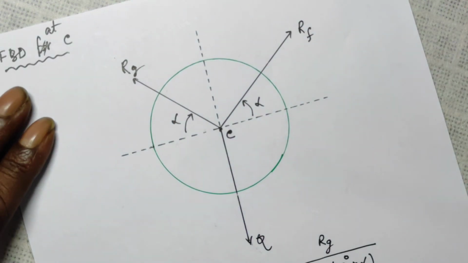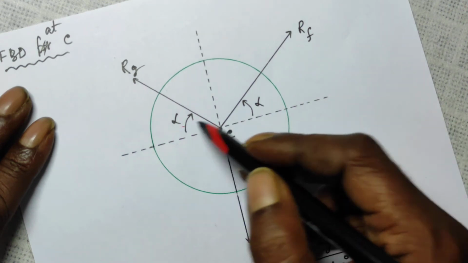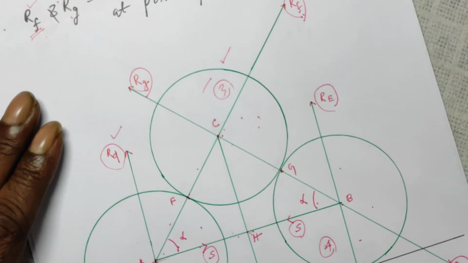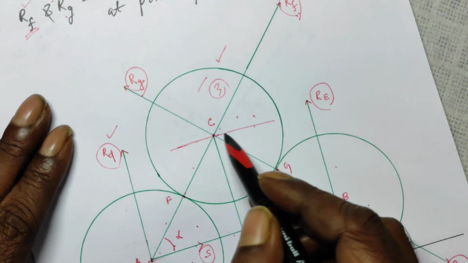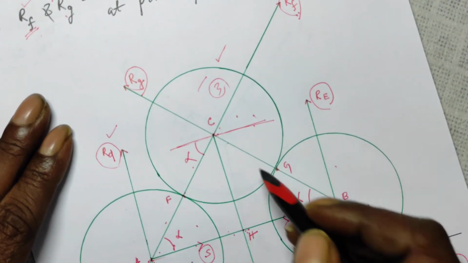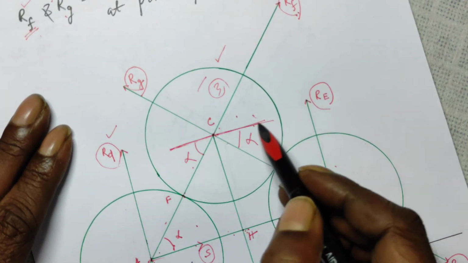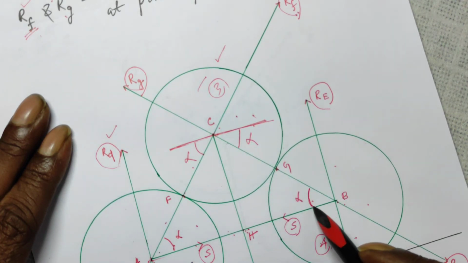The cylinder at the top is experiencing three forces, RF, RG and W. How is this angle alpha? I can show you here. At this point, if you draw a horizontal line, this angle is alpha, so this is also alpha. The alternate angle: this line is horizontal with AB, therefore this angle is the same thing as this, that is alpha